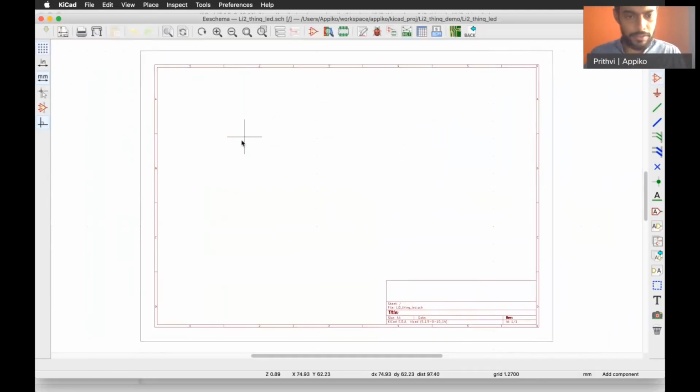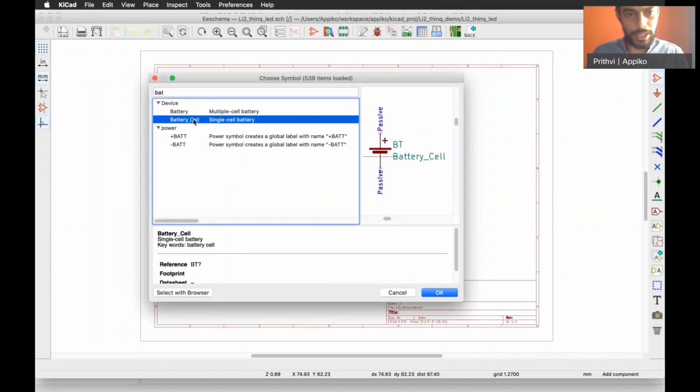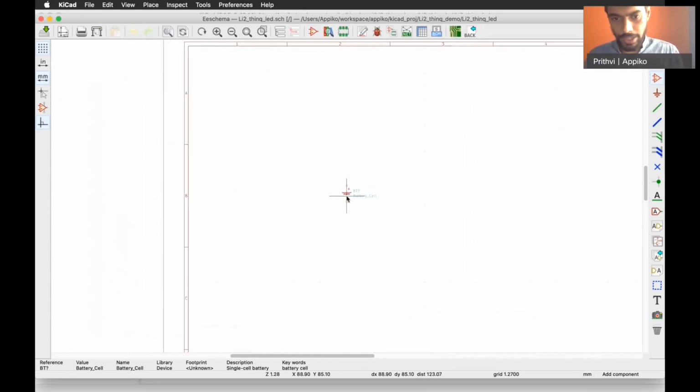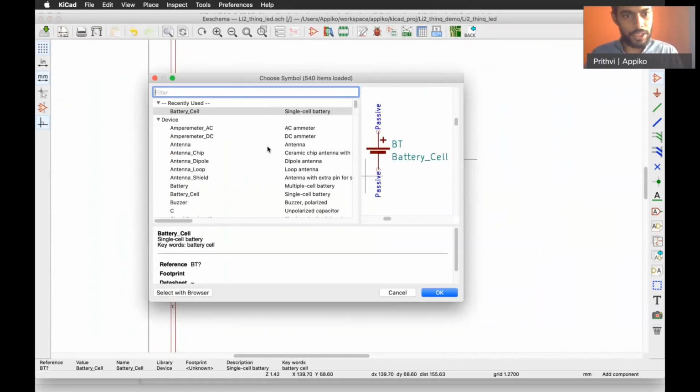So let's add first the battery for our power source. We'll use a single battery. We'll use a coin cell. So we'll add that. We'll add a buffering capacitor.